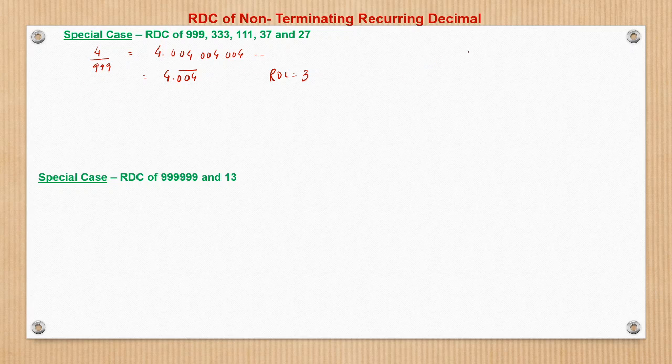Now let us see the factors of 999. What are the factors of 999? It will have many factors, but let us see a few important ones. So it is 1 into 999, 3 into 333, then 9 into 111. Then again after this it will come, I think, 27, right?